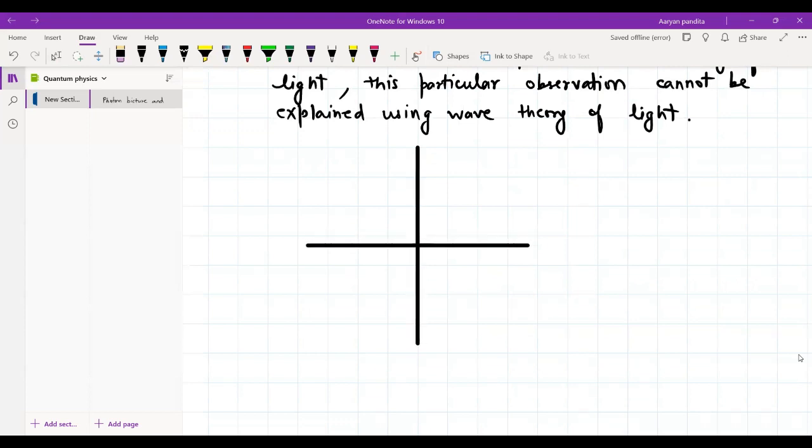Now, if this is V0 and I'm plotting this graph with respect to 1 by lambda,